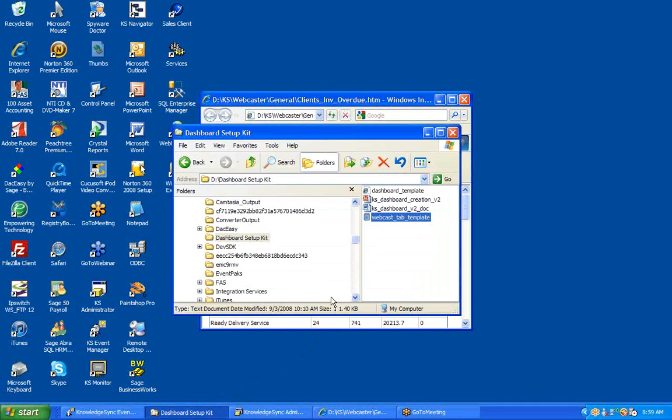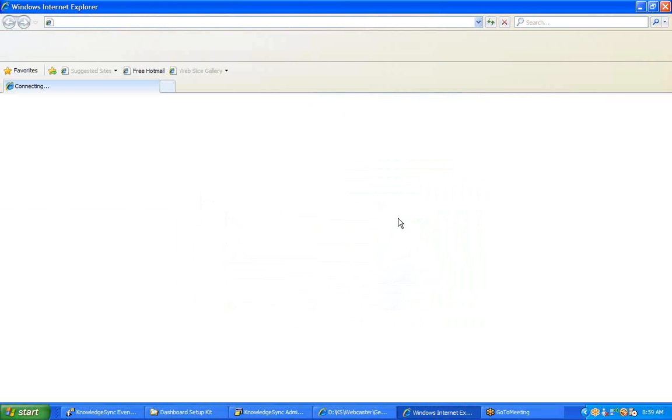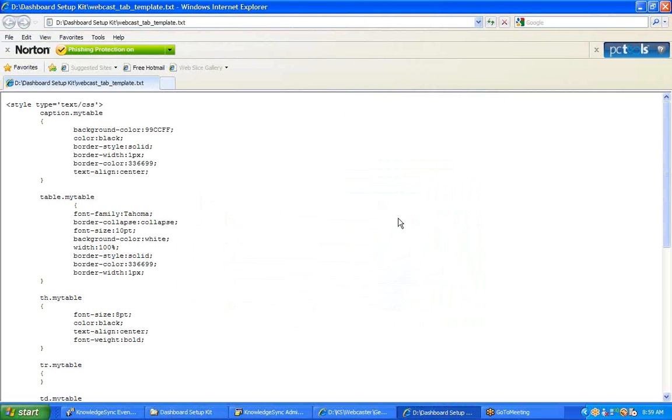In the Dashboard Setup Kit, you'll notice a file called webcast_tab_template. And this file contains the default syntax and format for your alert dashboards. So let's open up and take a look at this file. Now, although this file contains HTML syntax, you do not have to be familiar with HTML in order to configure